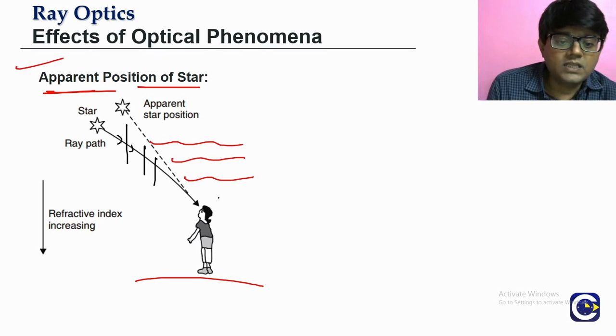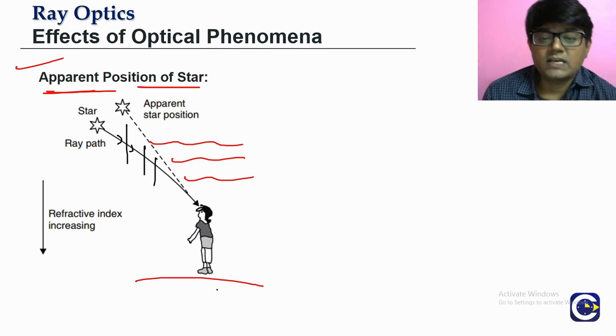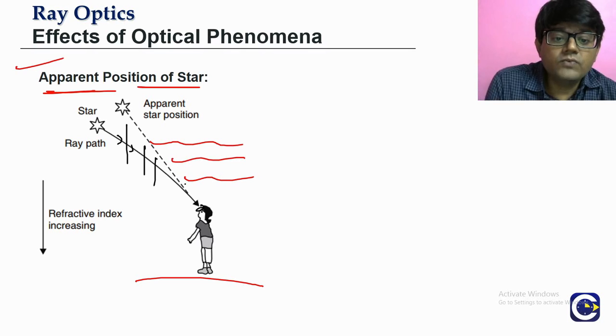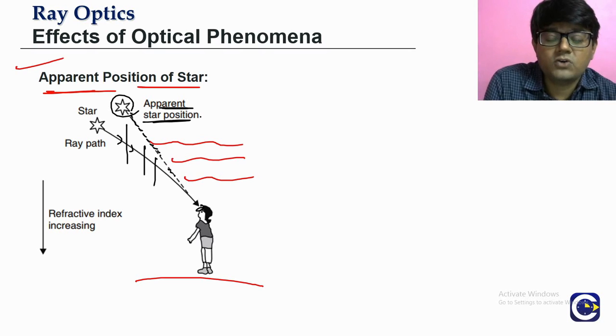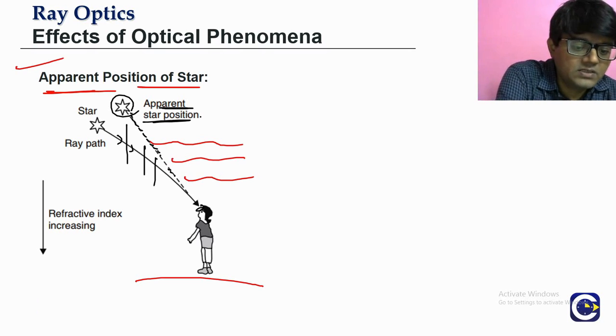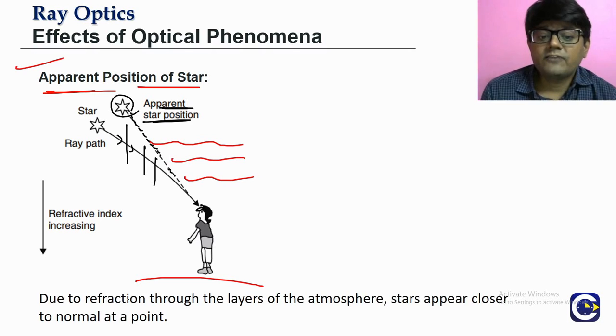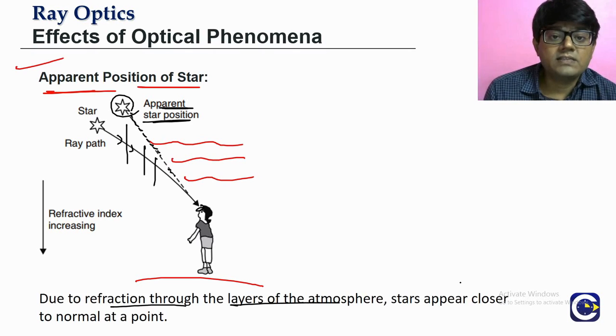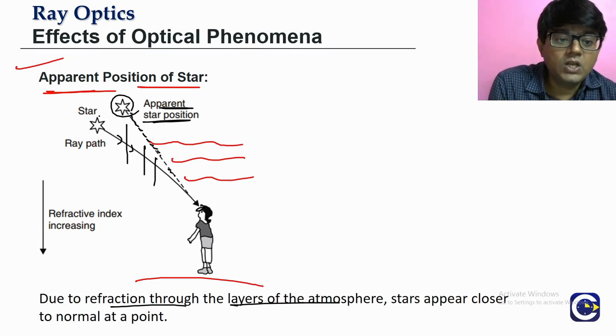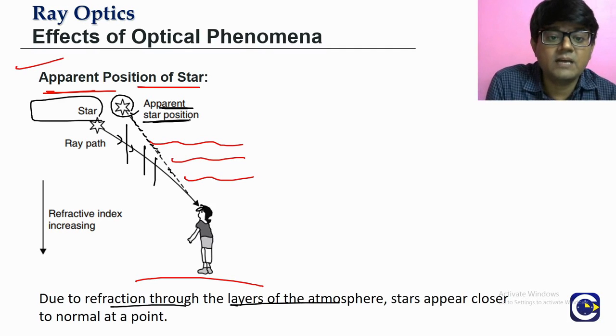that the final observer who is on the surface of the earth would view the light ray as appearing to come from a different position. So this is what we generally refer to as the apparent position of the star. Here the refraction through the layers of the atmosphere is the reason why we see a different position of the star. We will not be able to see the true position of the star, but we will see the apparent position of the star,